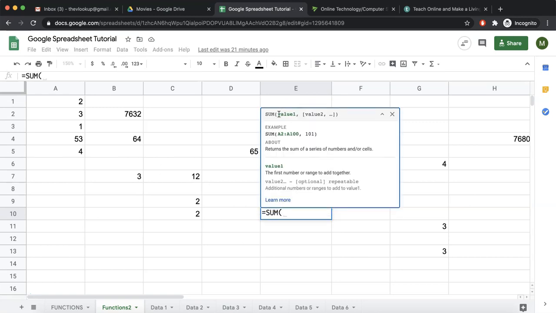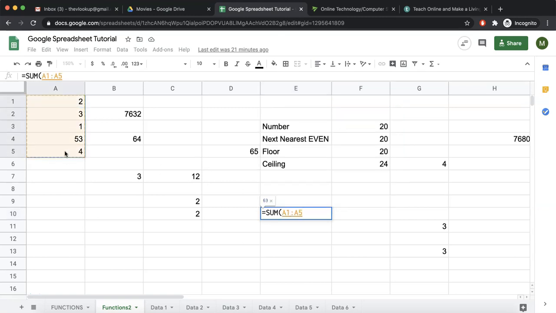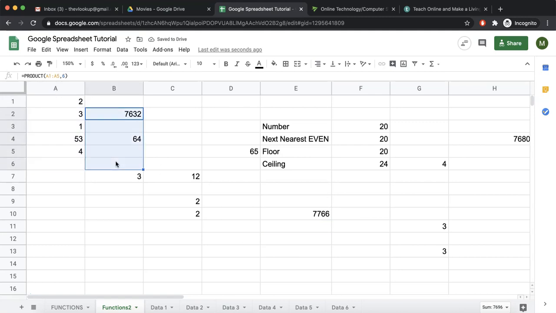So it takes value 1, comma, value 2, dot dot. It means it can take any value. It can be a data set or an individual value, and returns the sum of the series. So I can say sum of this entire thing, comma, this entire thing, comma, 7. So it summed up this entire thing, and 7, and this is the result. Very simple to use. You can just give any amount of data to it.